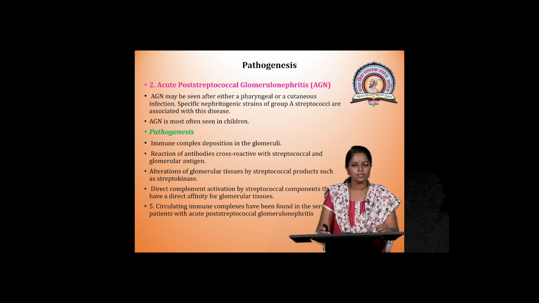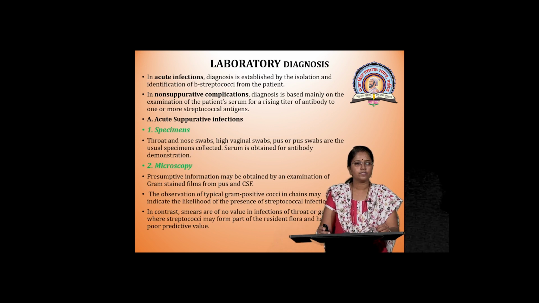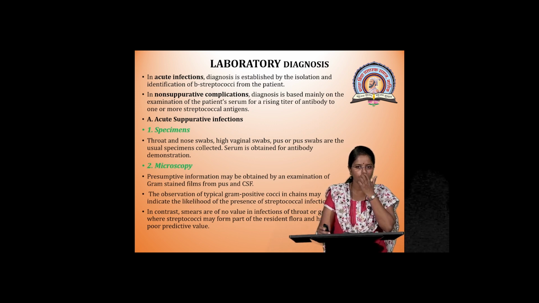Circulating immune complexes have been found in the serum of patients with acute post-streptococcal glomerulonephritis. If you look at laboratory diagnosis, after the infection, one has to go for laboratory diagnosis. The laboratory diagnosis of the acute infection can be established by isolation and identification of group A streptococci from the patient. In non-suppurative complications, diagnosis is based mainly on examination of patient serum for a rising titer of antibody